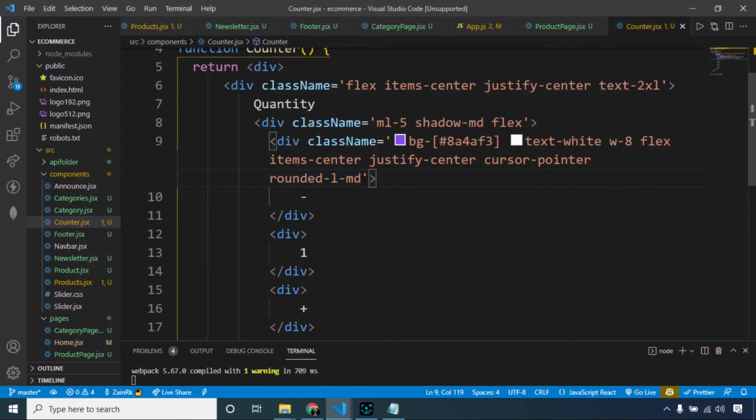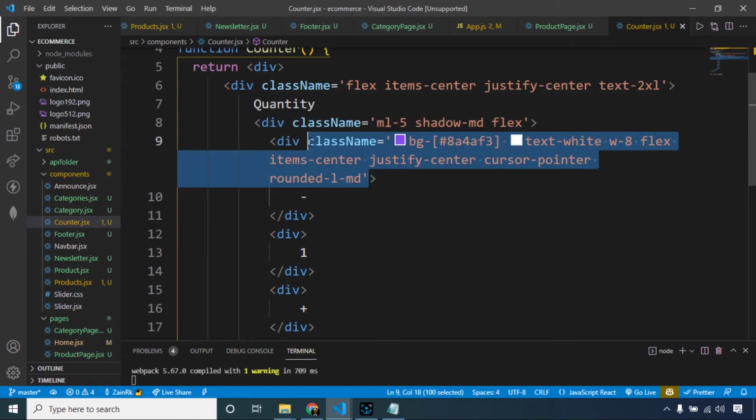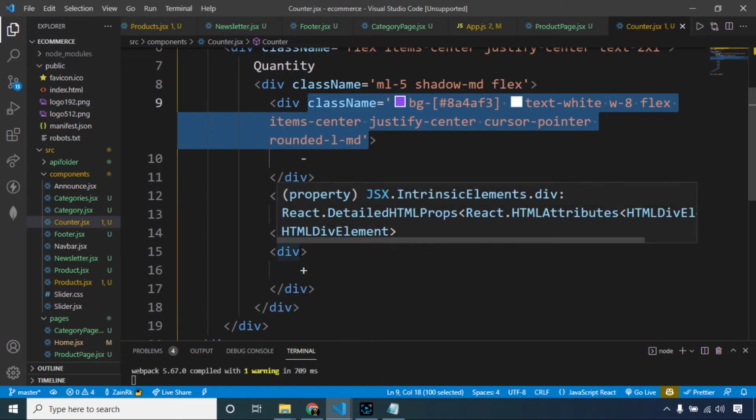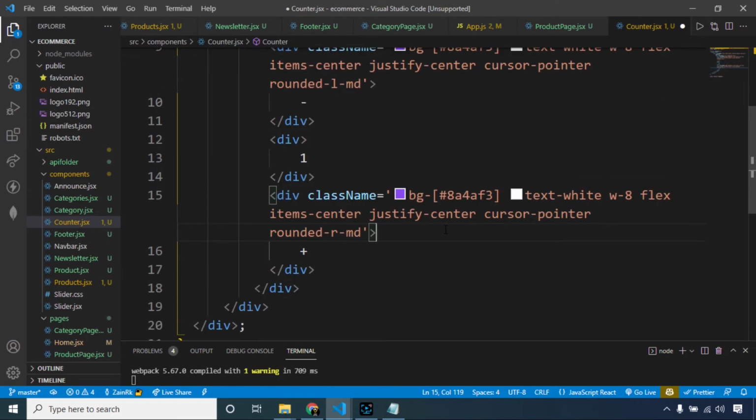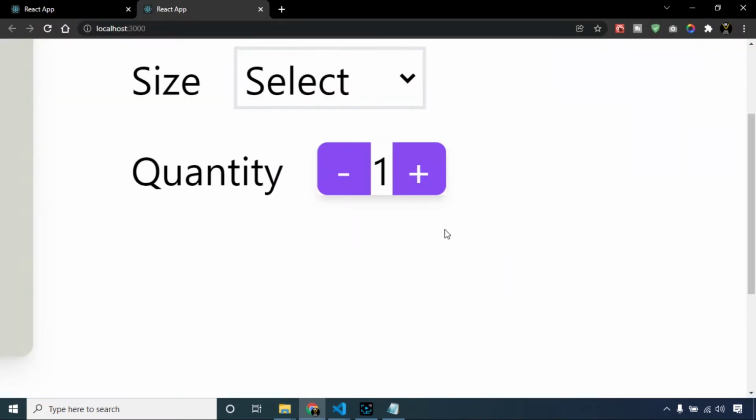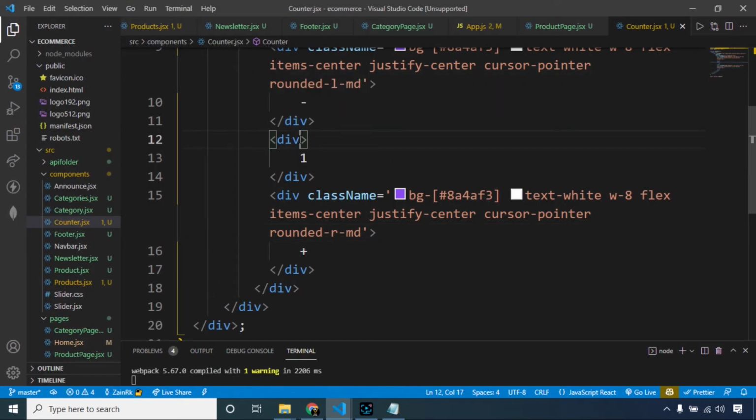And the same styling should be applied for the plus button. So I will just copy and paste, and now it should be right corners rounded. So it is looking fine now. The last thing is to style the center div, and to style this I am saying class name width 8.